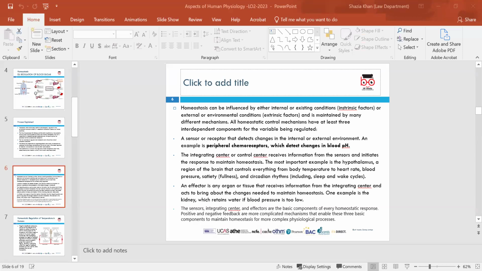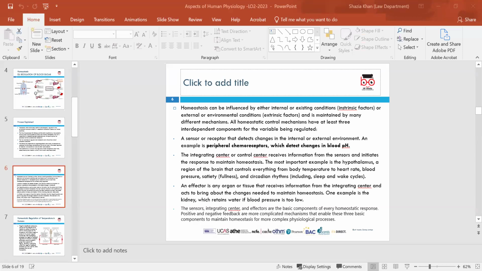And the integrating center, or control center, receives information from the sensors and initiates this response to maintain homeostasis. The most important example is the hypothalamus, a region of the brain that controls everything from body temperature to heart rate, blood pressure, and